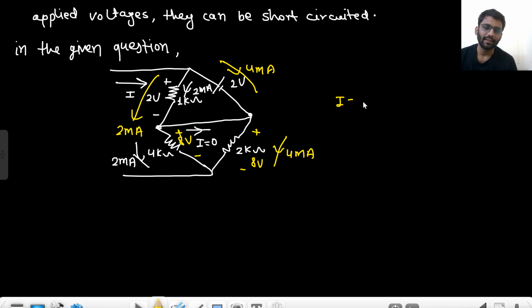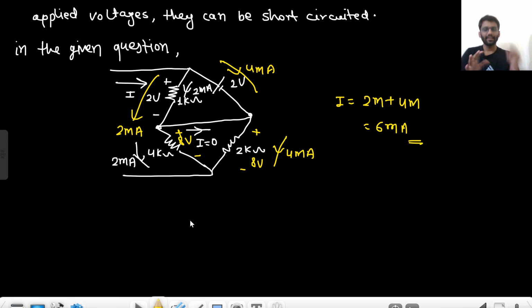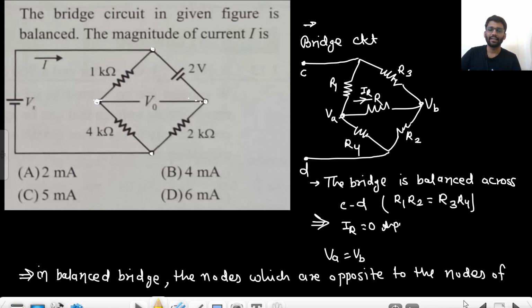So the current I is 2 milliampere plus 4 milliampere, that means 6 milliampere. So this is the final answer actually. Okay, so this is how you need to solve it. What I see in most of the books is that they say that this is a balanced series. So what they will do is that